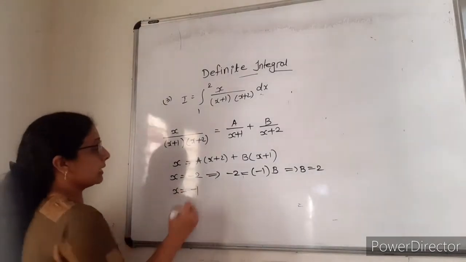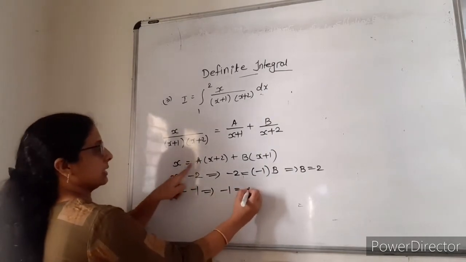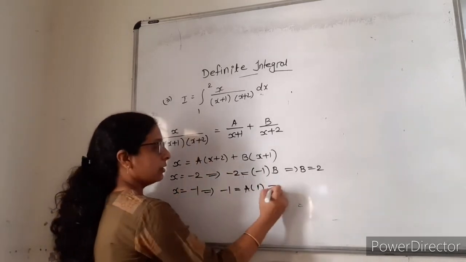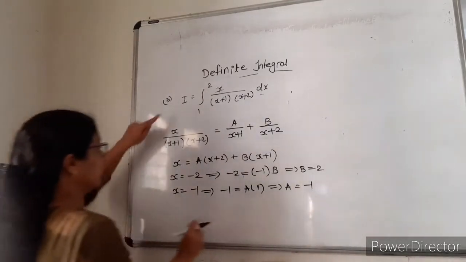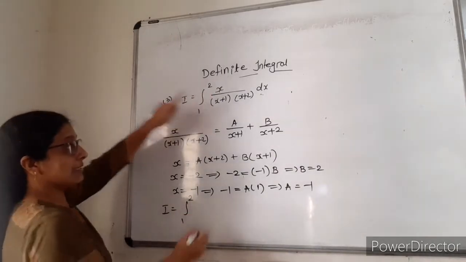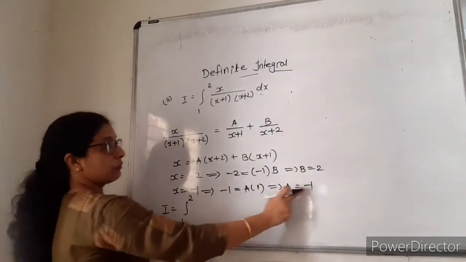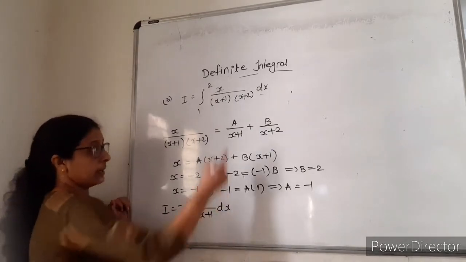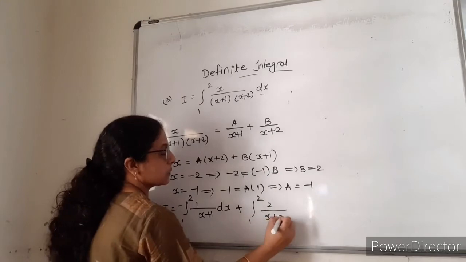Then if we take x is equal to minus 1, what happened here? Minus 1 is equal to a times minus 1 plus 2, that is 1. This is 0. We will get a is equal to minus 1. Now we will write here I, integration 1 to 2, x upon this. Instead of this I will write this. So integration, a is what? Minus 1. So minus 1 upon x plus 1 dx plus integration 1 to 2, b, that is 2 upon x plus 2